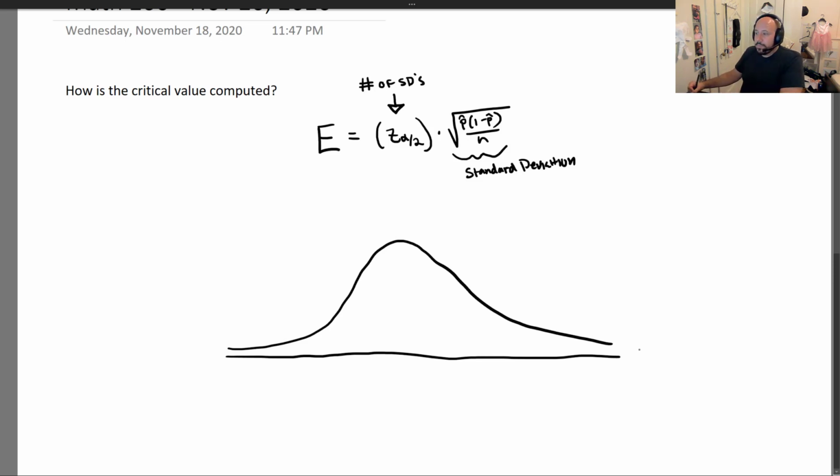And so what we do is go to our standard z-score distribution. This was the z-score distribution that we had back in chapter 6, the one centered at 0 that just counted the number of SDs: 1, 2, and 3, and -1, -2, and -3. What the critical value does is we're trying to figure out how far we have to go out,